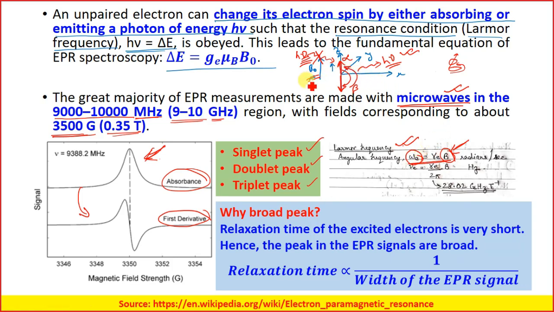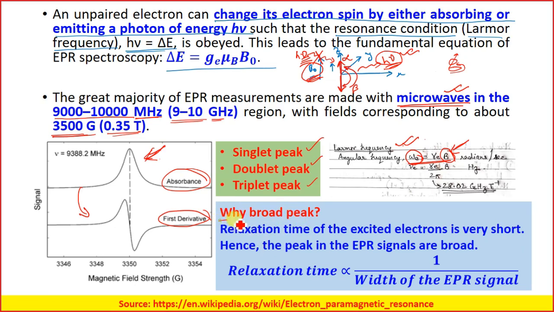So only at the Larmor frequency, which is dependent on the applied magnetic field, the molecules will absorb the energy and go to the high energy state. And when we stop the external microwave radiation onto the sample, this magnetic moment goes back to its low energy state, and during that process it again releases the microwave radiations.